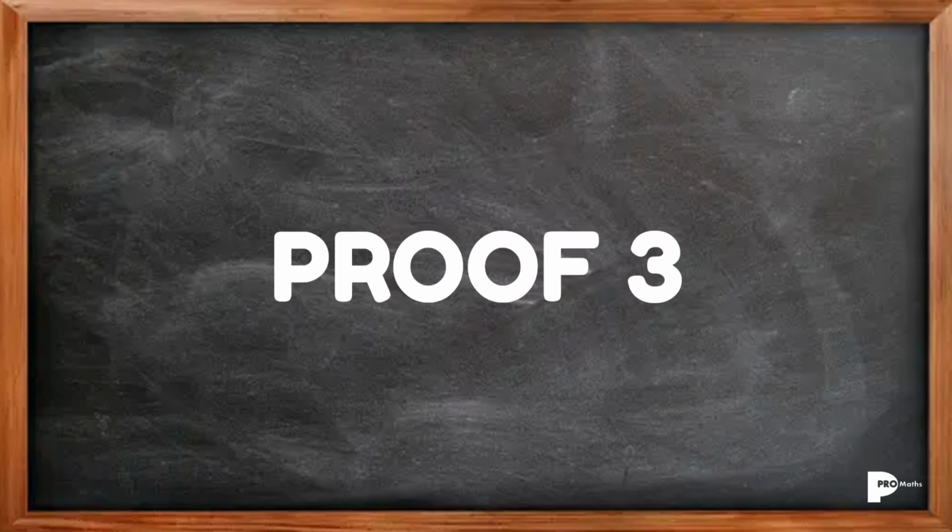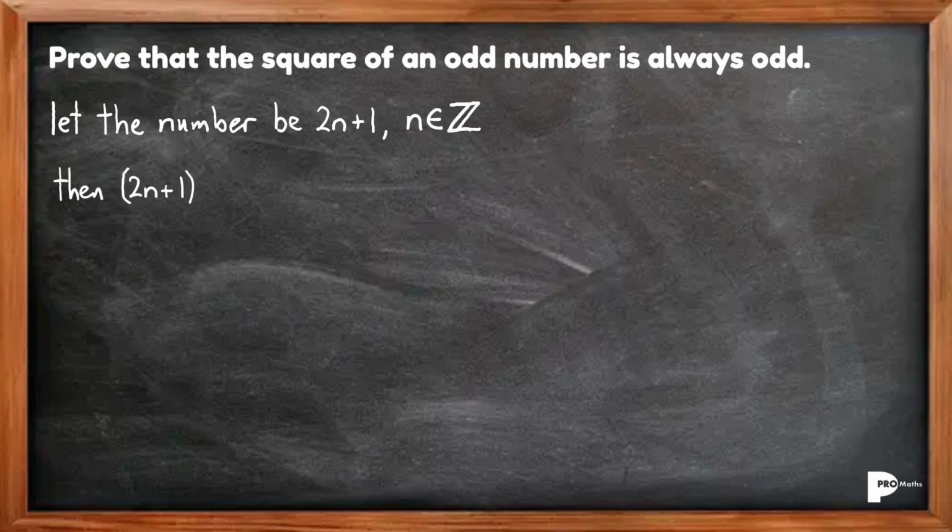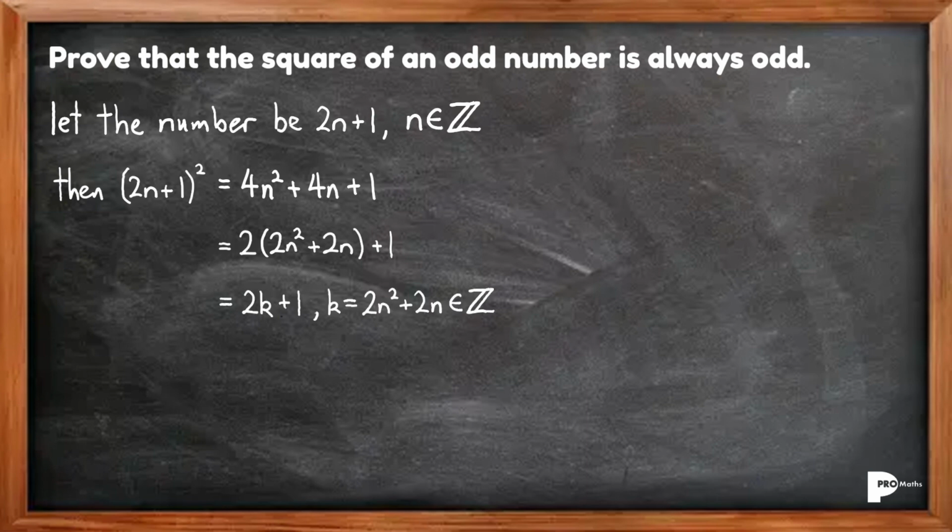Statement 3. Prove that the square of an odd number is always odd. First, let's define our odd number. We'll call it 2n plus 1, where n is an integer. Then, if we square it, (2n plus 1) all squared gives us, after expanding, 4n squared plus 4n plus 1. We're trying to show that it's odd, so let's factorize a 2, giving us 2 outside of (2n squared plus 2n) plus 1. This can be written as 2k plus 1, since 2n squared